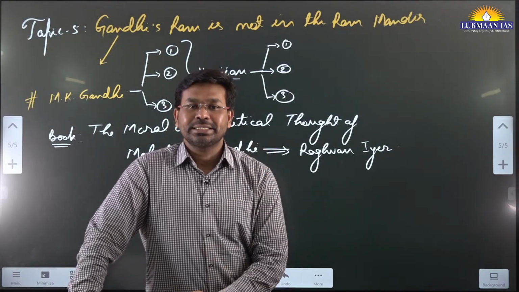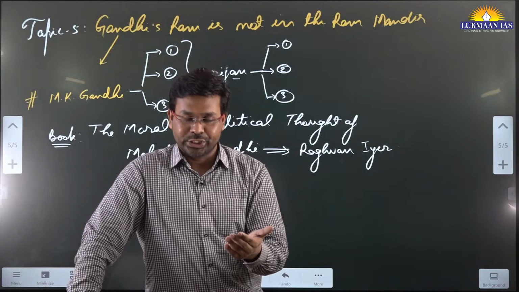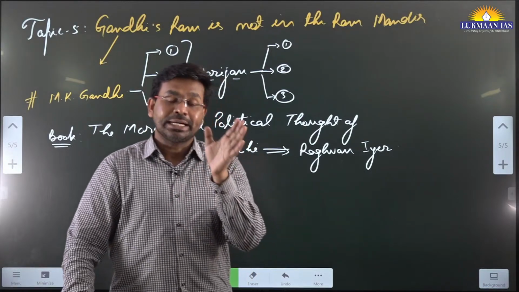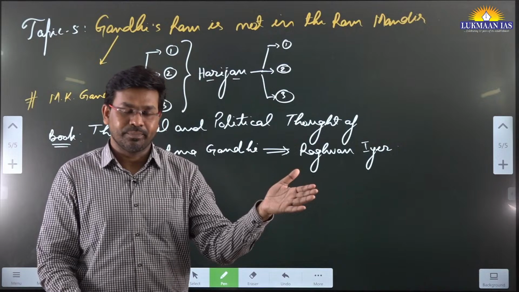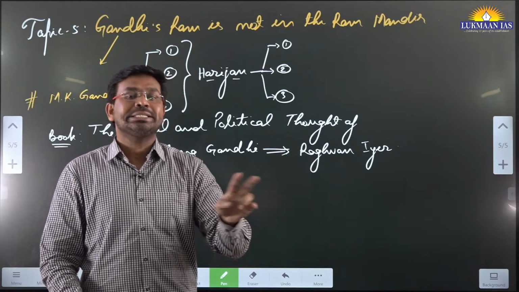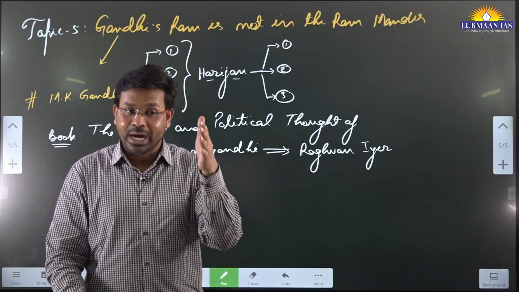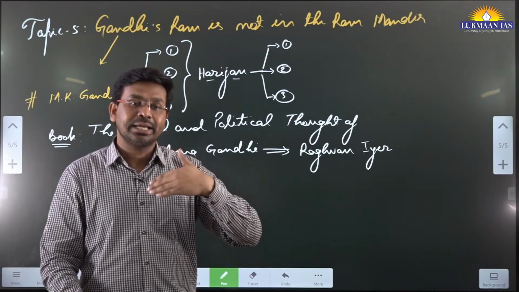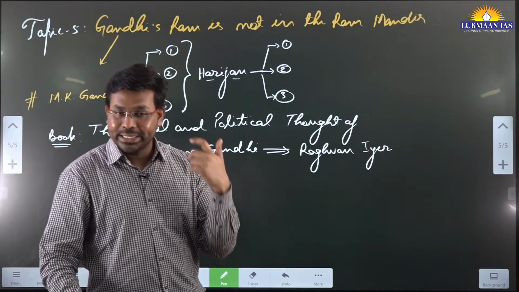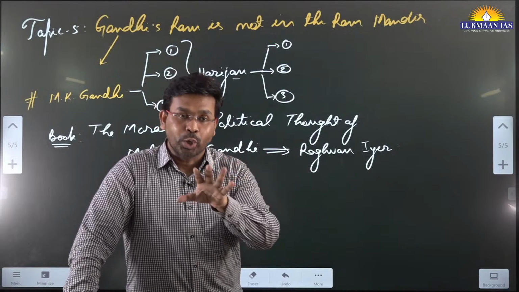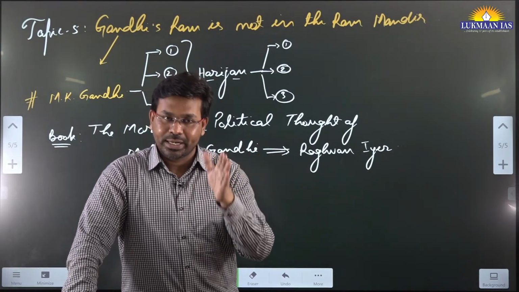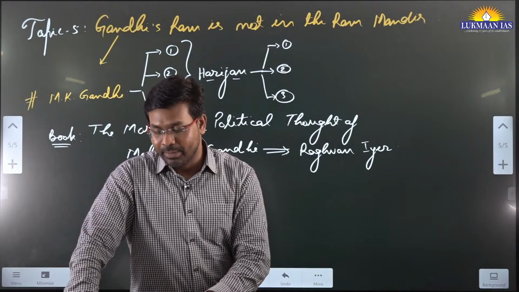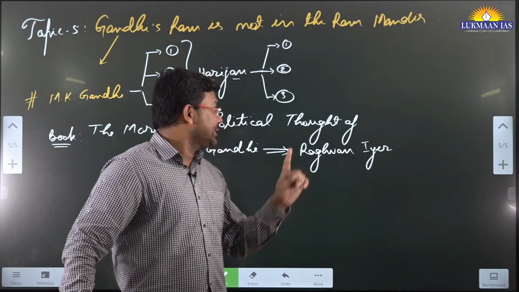Second thing is, let's say he believed in Ram Rajya. However, he clarified that Ram Rajya and Hindu Rajya or Hindu Rashtra are not the same. Ram Rajya means a kind of state that has divine qualities, where wrongs are not done, where uprightness is being promoted. This is what Mahatma Gandhi said. To answer the second question...